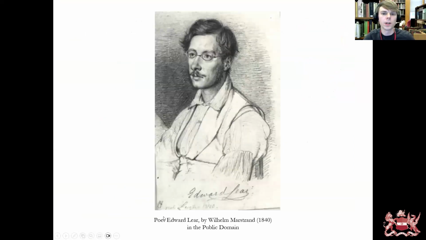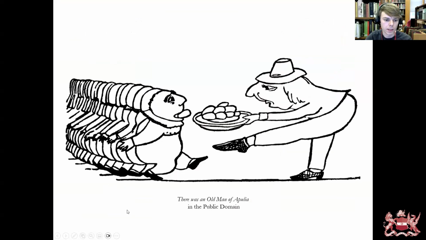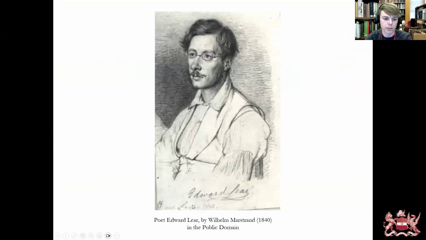So, this is our hero. This is Edward Lear, drawn by the Dutch artist Wilhelm Maastrand in 1840, about 8 years or so after the publication, beg your pardon, of the Parrots. He was born on the 12th of May 1812 to Jeremiah and Anne Lear in Holloway in North London,